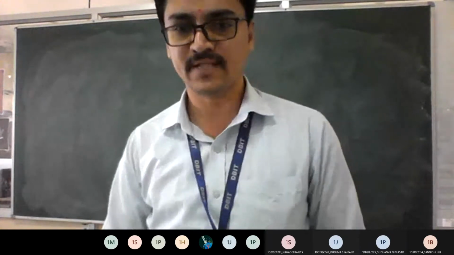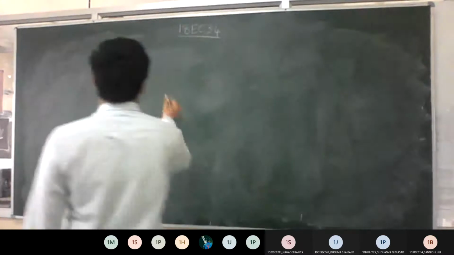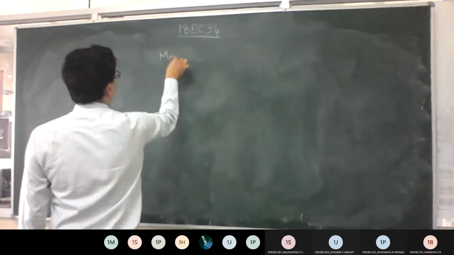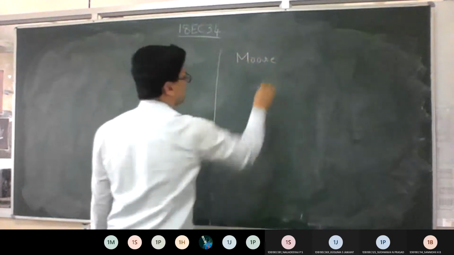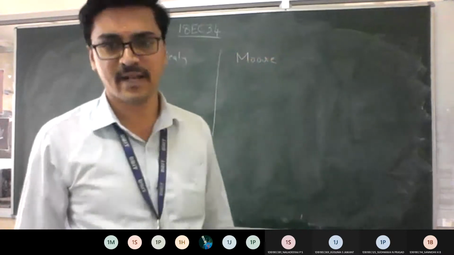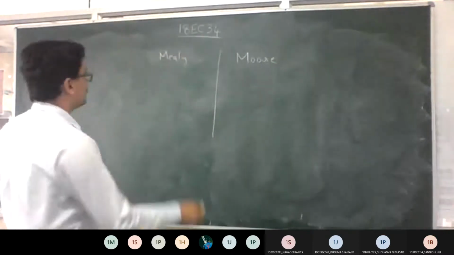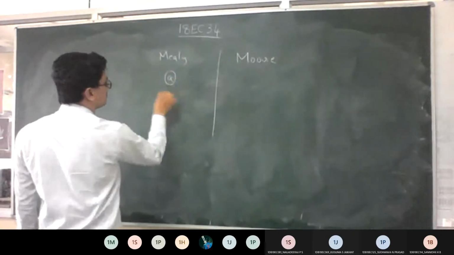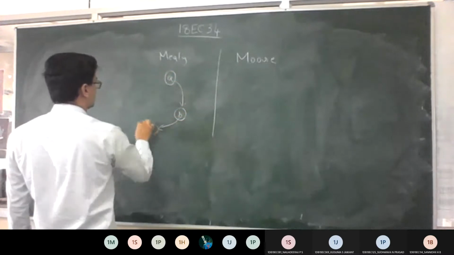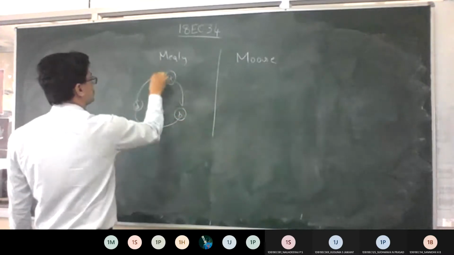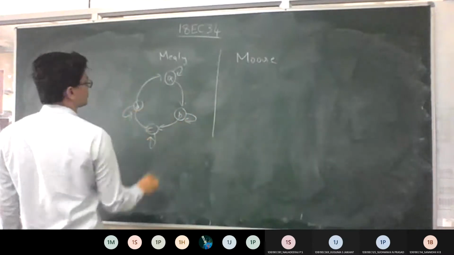So how to do the representation part? We know the model difference we just discussed. How will you differentiate Mealy and Moore with respect to design? In the question they will ask you to do a design using the Mealy or Moore FSM model. So I'm showing one example now. Such a representation is a category of Mealy.